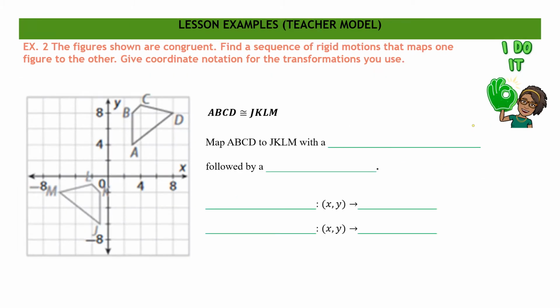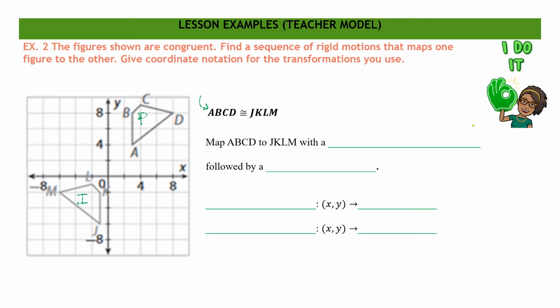Okay, so let's look at example 2. The figures shown are congruent, so they give us that these two figures, ABCD is congruent to JKLM. They want us to find a sequence of rigid motions that maps one figure to the other, and then they want us to give the coordinate notation for the transformations we've used. So let's first identify our pre-image and image. They tell us that ABCD is our pre-image and